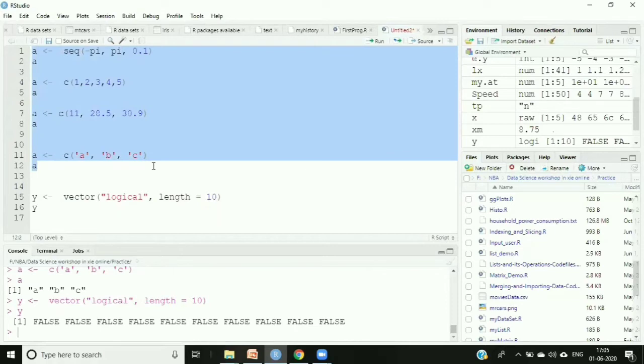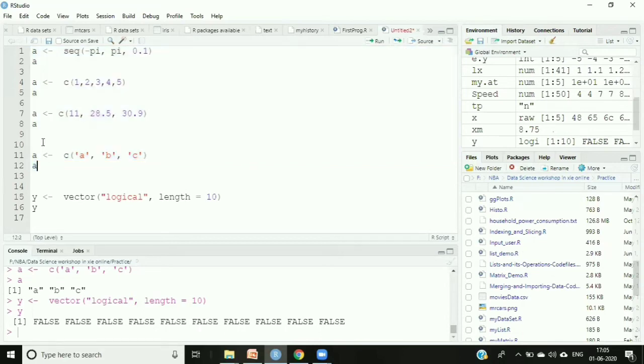So please remember what you mean by a vector. Vector is nothing but a sequence of numbers, a list of numbers, but all the elements will be of the same, similar type. It's a homogeneous collection of symbols, that's it. And then let me show you some of the operations. For example, if you want to see the length of any vector, let's take the length of this particular A vector over here.